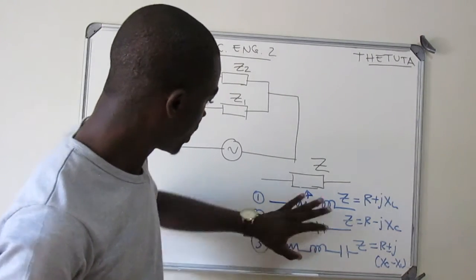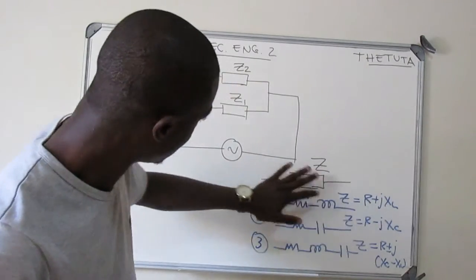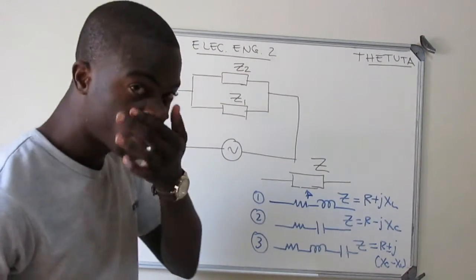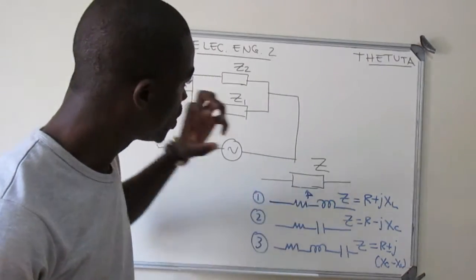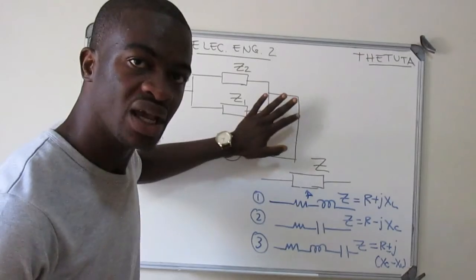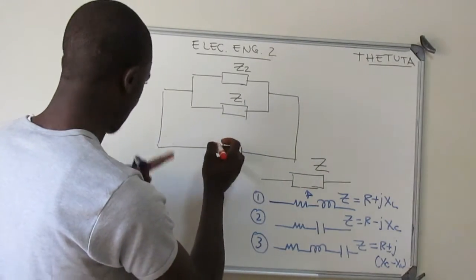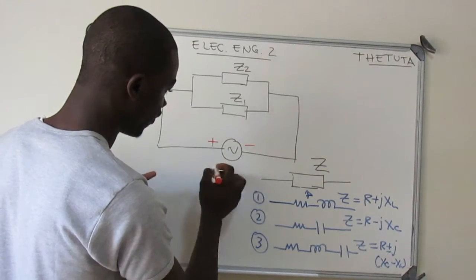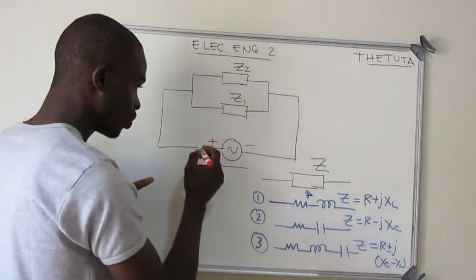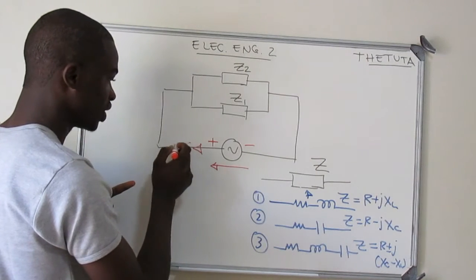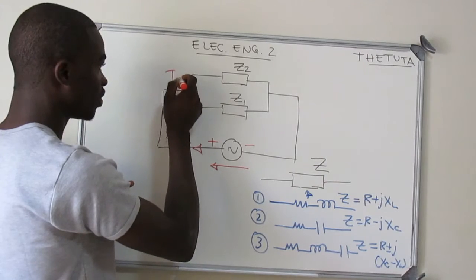Okay? So we're going to take the same concept of the combination of resistor, inductor, capacitor. Now we're going to go and work with them under a parallel circuit. But before we do our parallel circuit, we need to recall what is the concept behind a parallel circuit. Okay? So we have our source here. As you can see, you have a positive and negative sign here. This will give us the direction of our electrons, which means our direction of the current is going in this direction. Okay? So you have a total current, we can call it the current from the supplier.